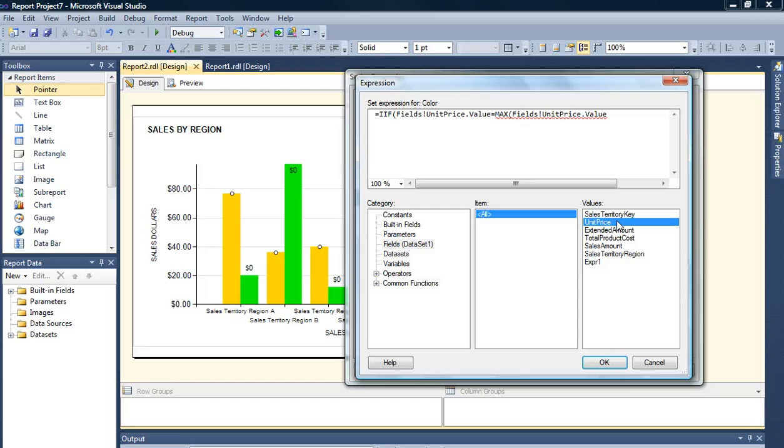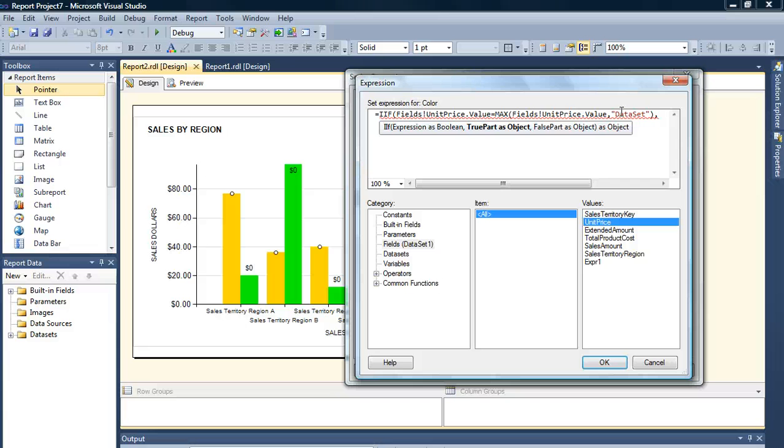unit price, and we are going to get this from the fields right here. We're going to be using this particular data set. It says data set 1, so we're going to have to indicate that here in our max to indicate where our unit price is coming from, and we're going to indicate that in some double quotes, and we'll say data set. Okay, we're going to close that off, and we're going to put a comma here. So if this is true,